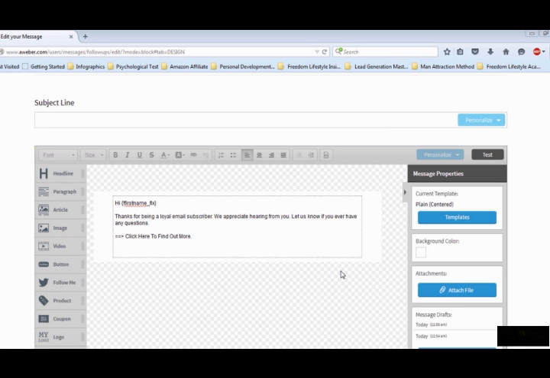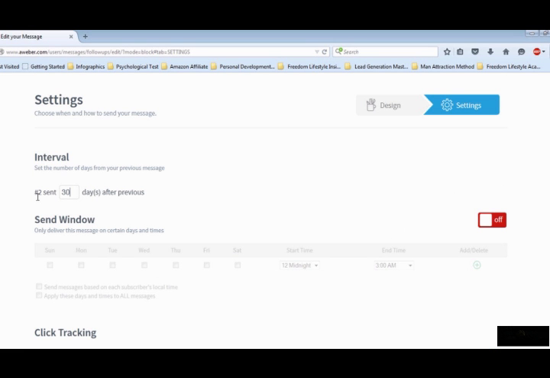If you want it to send after 1 week, change the number to 7. The number can vary depending on your schedule. On the same page, there is a Send Window feature. You can deliver your message on certain days and times. For example, if you want the email to be sent on weekdays only, click on the box from Monday to